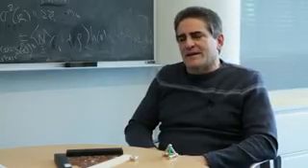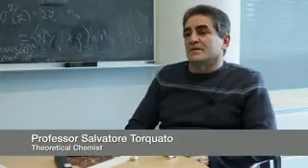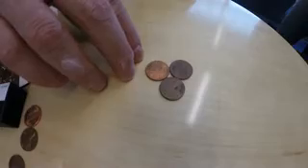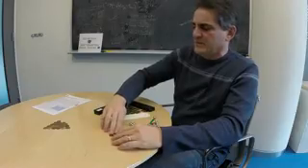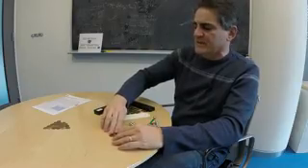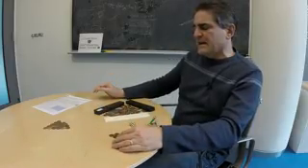What I like to say about packing problems is that they're easy to state, but they're extremely difficult to solve. If you take 3 pennies like this and put them together in contact, they form an equilateral triangle. That is locally the densest way that you can pack 3 pennies.